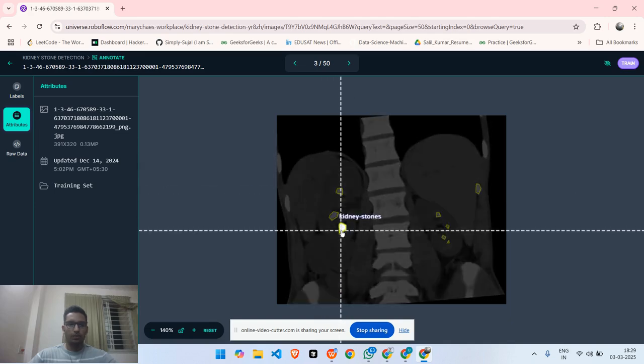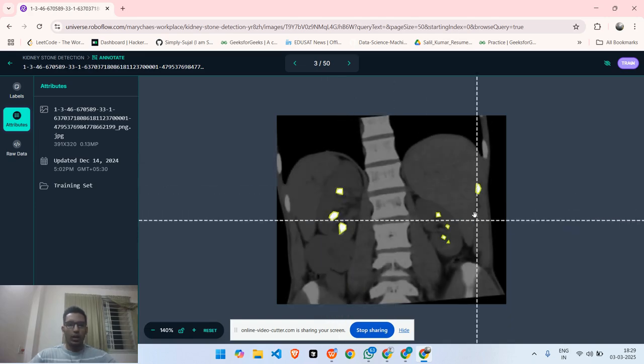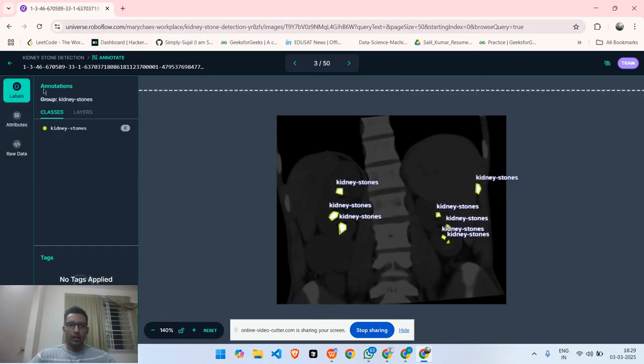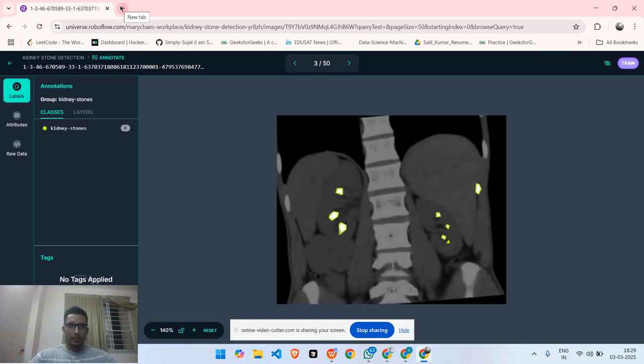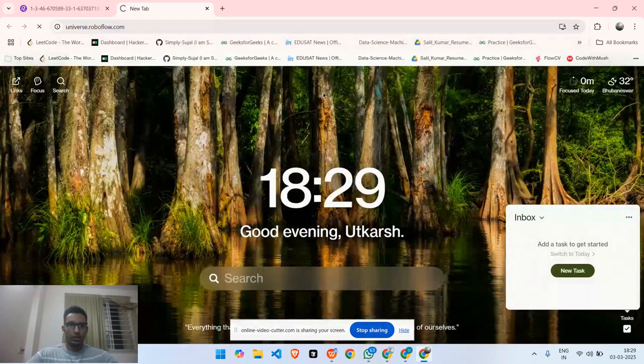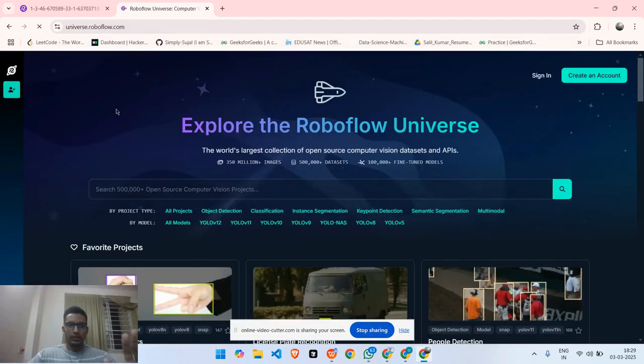kidney stones. So, in order to access this dataset, you have to go into Roboflow, and let me show you actually the Roboflow Universe. This website particularly contains a repository, you can say, of models as well as datasets for computer vision. So from here you have to go